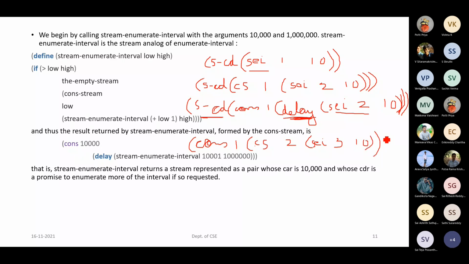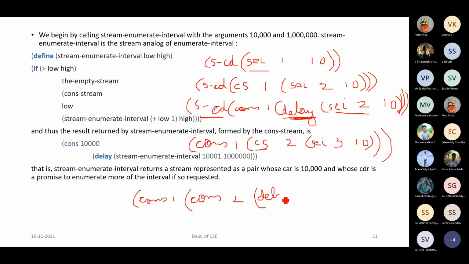If you rewrite this cons-stream, how will it be? The first part will remain the same, cons of 1. Cons-stream, when I write it in terms of cons, will be cons of 2, with a delay applied for the remaining part.